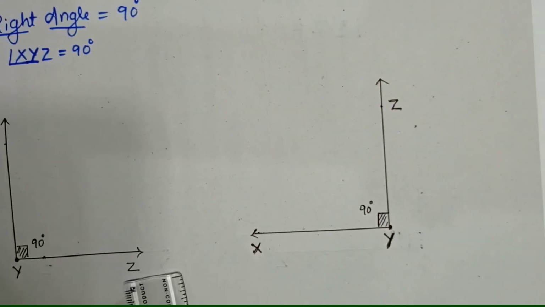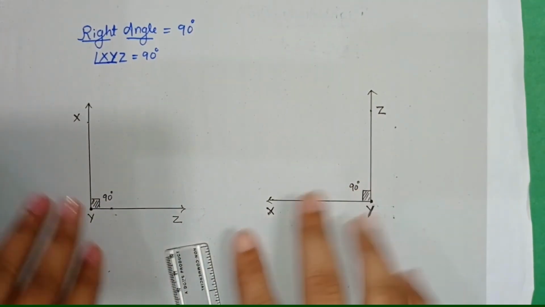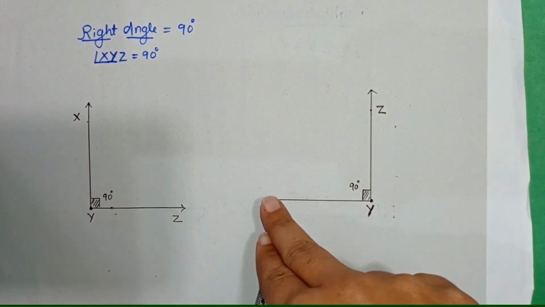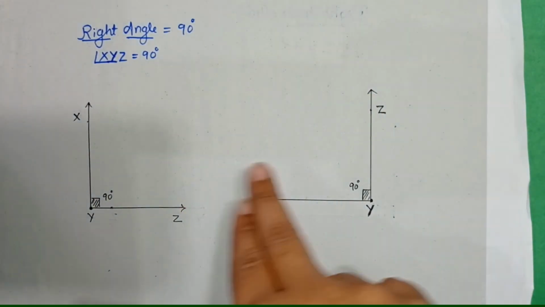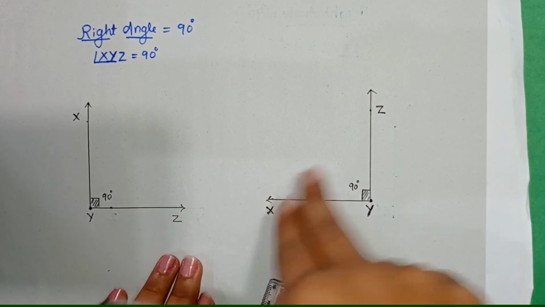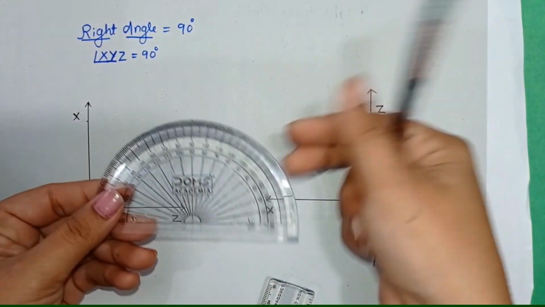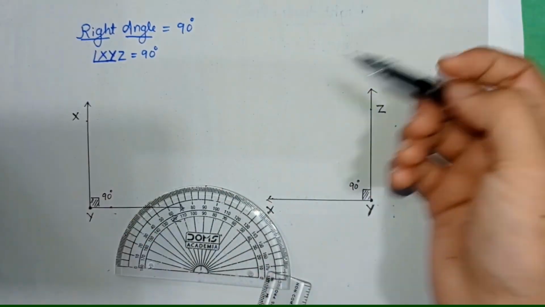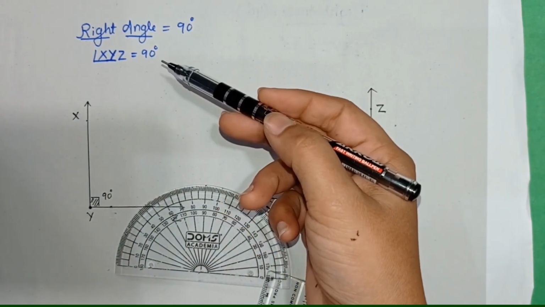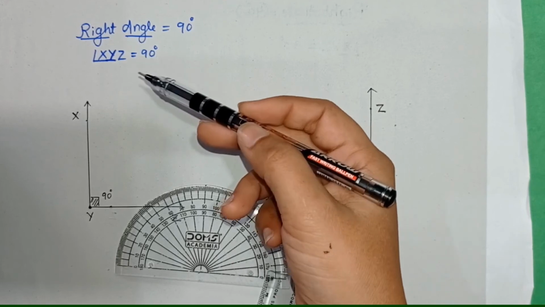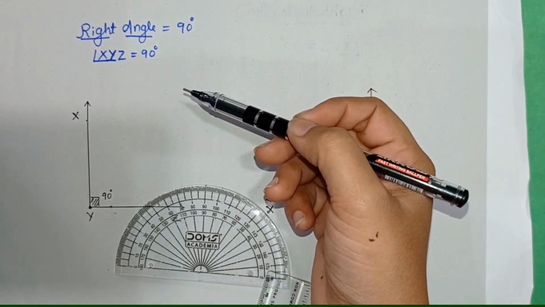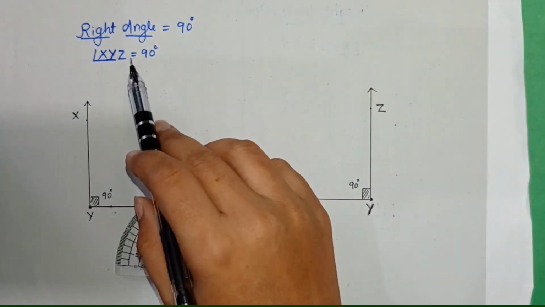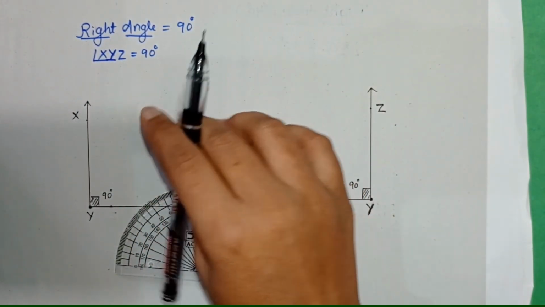It's not like that we can construct the angles only from the right side, we can also count it from left. How to construct it both ways and how to use the protractor, both lower scale and upper scale, I have showed you in this video. And how to construct the 90-degree angle you have come to know now. You also try it, how to construct the 90-degree angle with different names, and comment to me in the comment box.